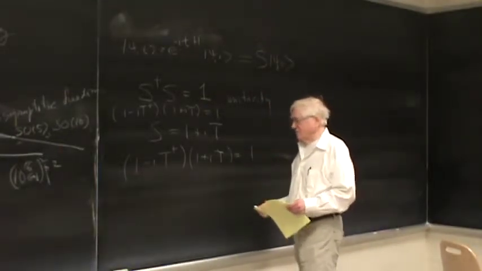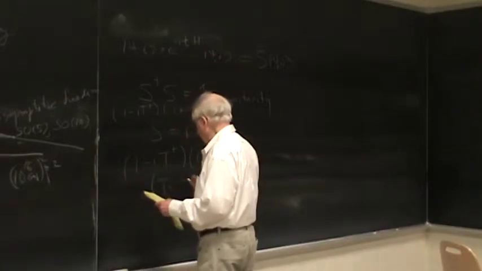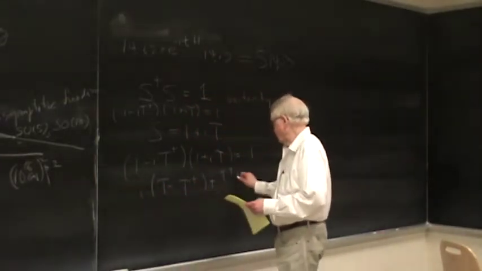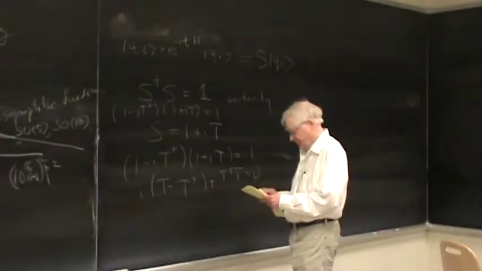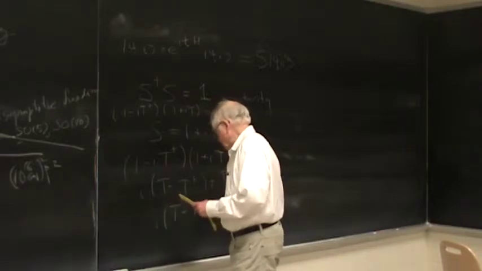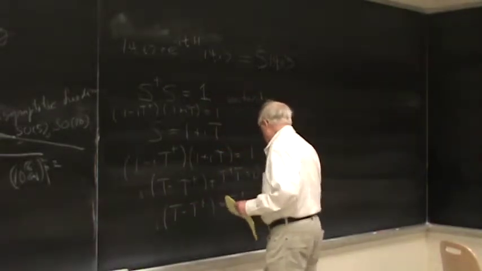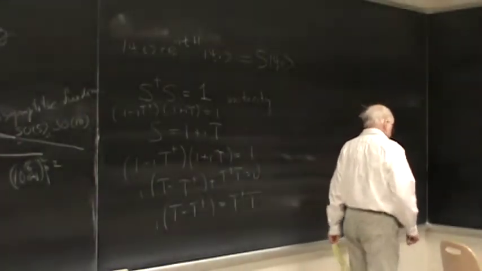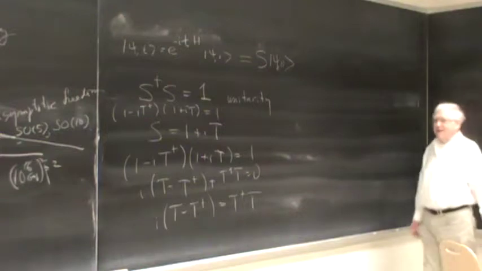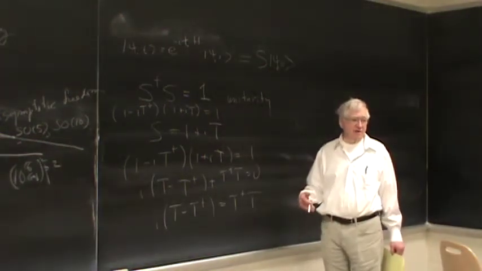You cancel the 1 from both sides. What you get is i T minus T dagger plus T dagger T equals 0. And so you get i (T minus T dagger) is T dagger T. And this is one of those relations that's absolutely true, as opposed to all the stuff when we're talking about